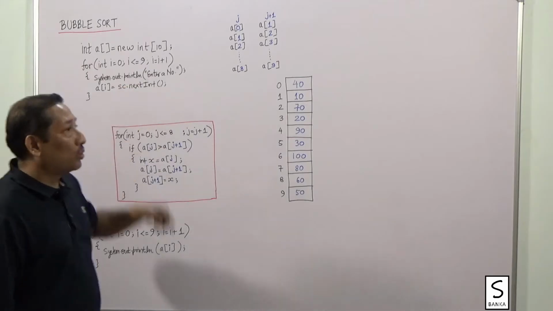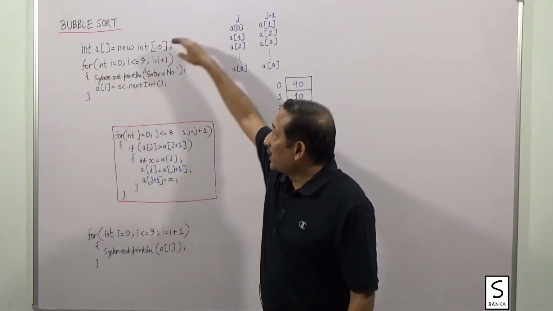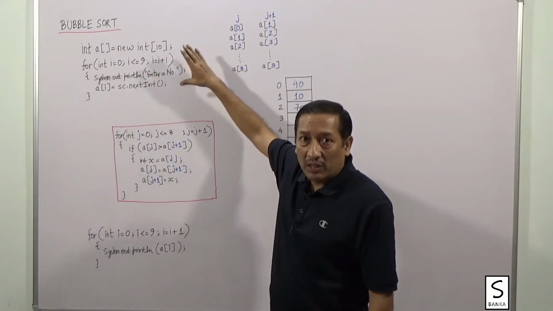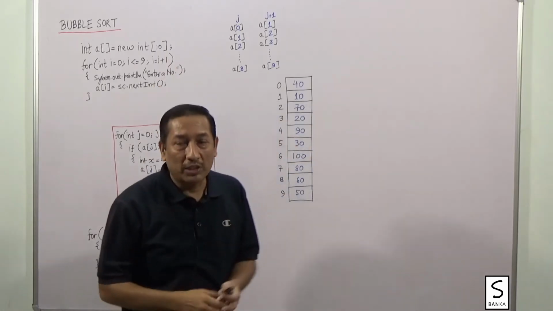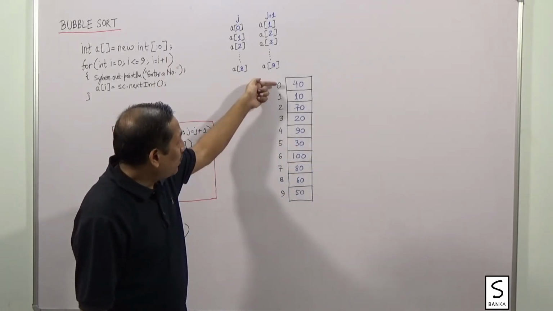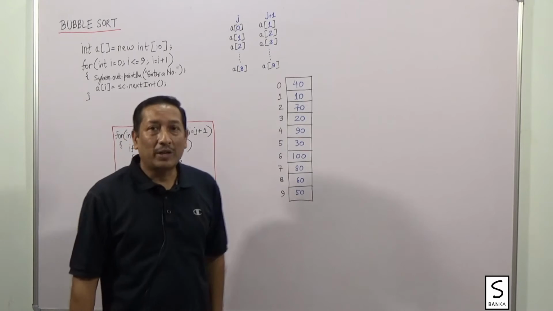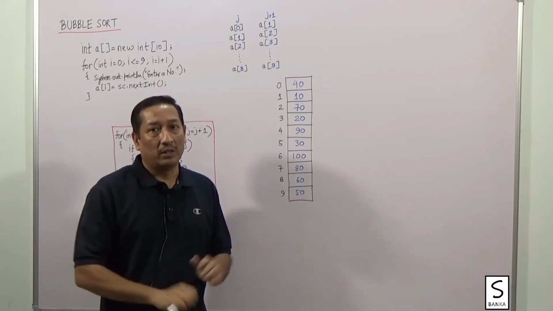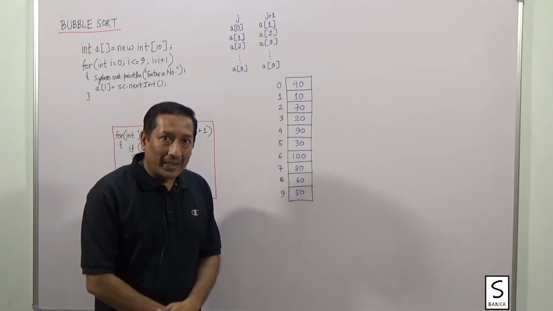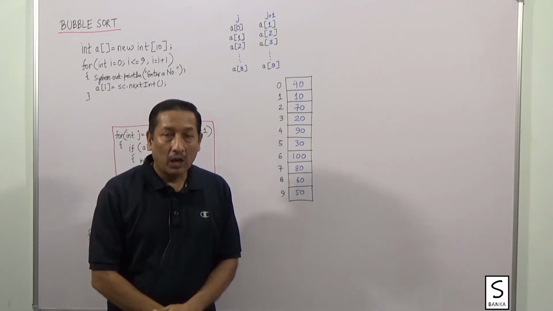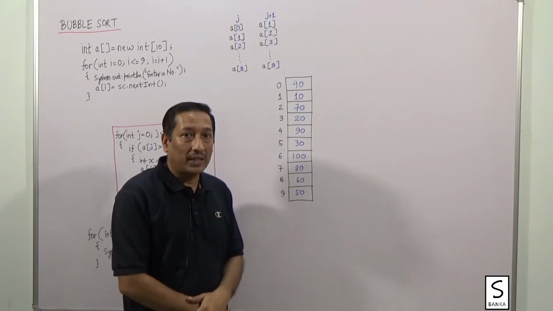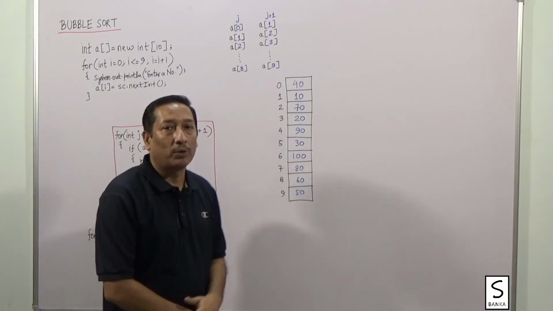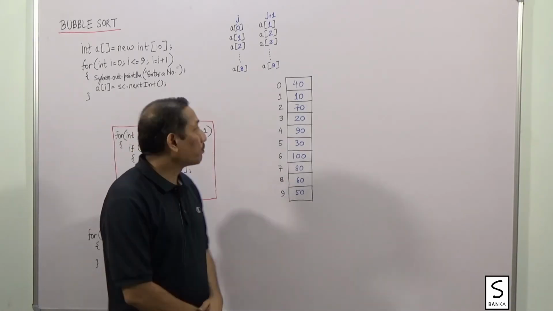First, we will need to input our data. We need to create an array, input our data, and obviously we will need to do some process to get it sorted. Assuming this is the data we entered, you can see this data is mixed. It is not ordered in any order. So I want to arrange this data in ascending order. How do I do it? Now please try to understand the process and then we will discuss the program of doing it.